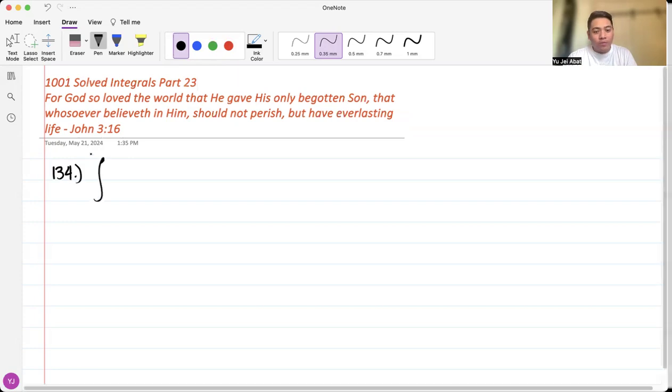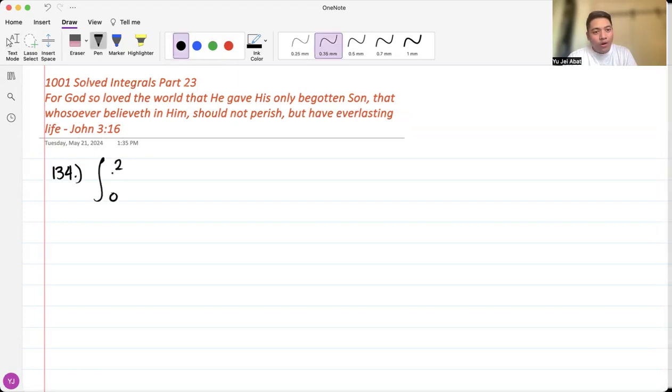And here's our problem for 134. So you have the integral of 3x squared dx evaluated from 0 to 2. Again, in this video we are going to talk about definite integrals. Definite integrals are integrals with limits, the lower limit and the upper limit. So let's get started. The rules in applying indefinite integrals are still the same as for